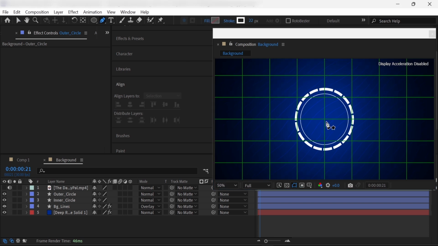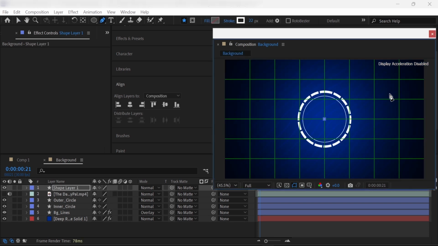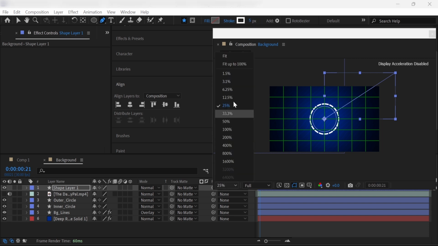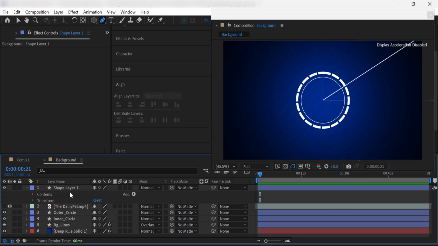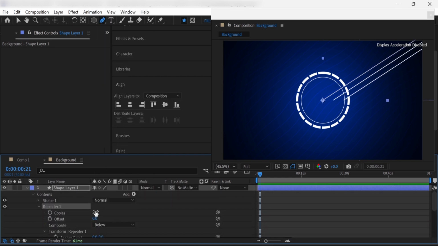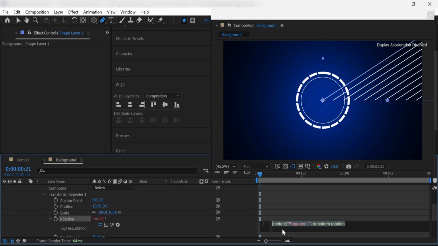Now our next target is to make the outer line, so we will turn on the grid section and make the line just like this. And we will reduce its stroke width to around 5. Then again we will go into the add section and add a repeater, and we will make the copies count around 10. And then by alt clicking on the rotation section we will write the expression 360 divided by